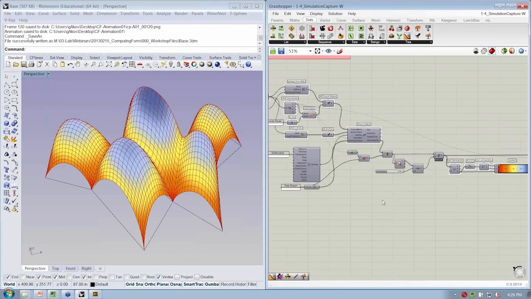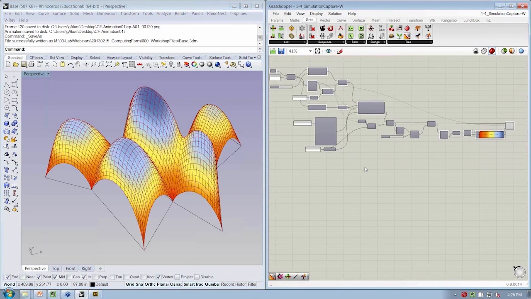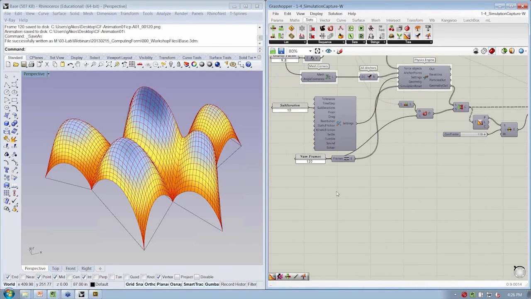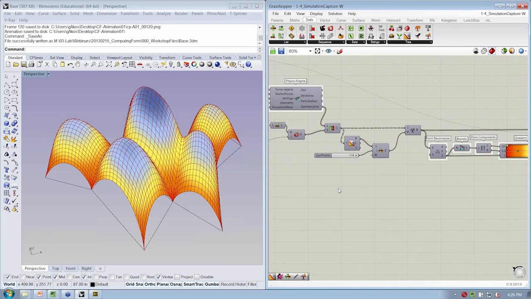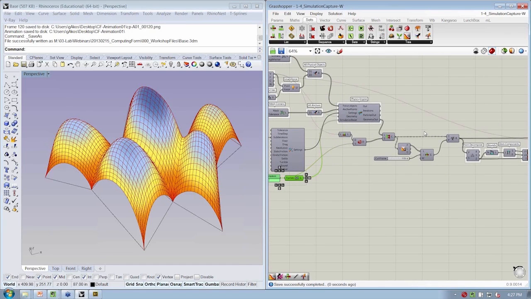Okay, so the key thing that we changed in terms of the controls here was that instead of asking for just the current frame, we asked for a certain number of frames to be solved. Then we have to step through each frame after the simulation, right? In terms of going further with where you can go with animation,